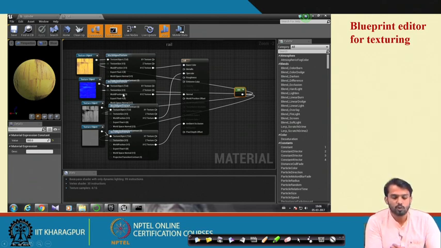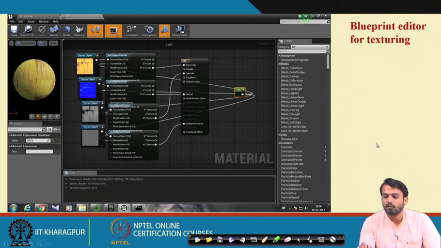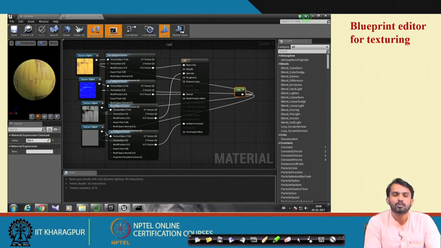Whatever texture you want to give to the particular object can be created once the object is placed here. That means we have created a texture for a rail. So the object is placed here, and whatever the base color, the specular mapping, the normal mapping, and the occlusion mapping, you can directly create and connect these with the help of this event graph. This is a view of how the texturing is performed in the Unreal Engine software with the help of this blueprint editor. You can see tutorials for this Unreal Engine software, which we use for the creation of this virtual environment in a workplace.